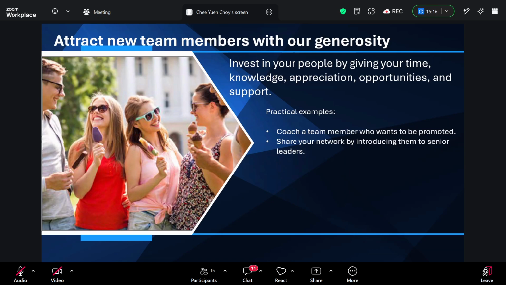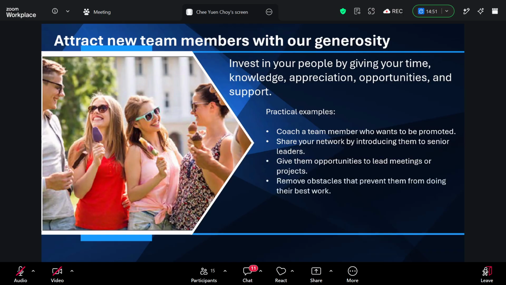So these are things that are not measured by monetary value, but I can tell you your pupil is actually looking for it sometimes. Okay, give the team opportunity to lead a meeting or project. Don't take every task; share the opportunity with them, and remove obstacles that prevent them from doing their work. So also this